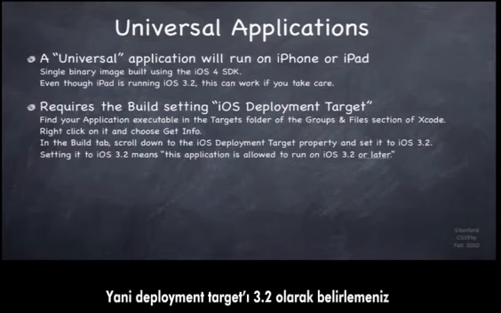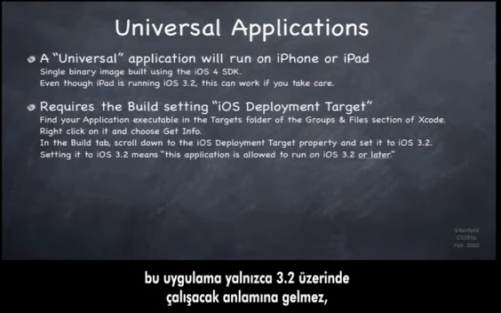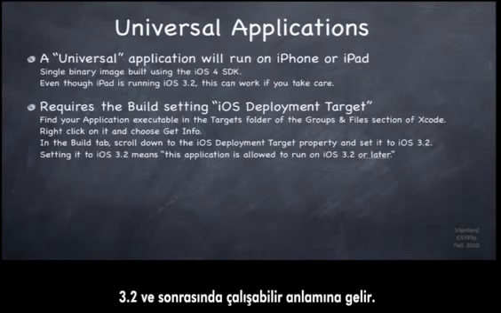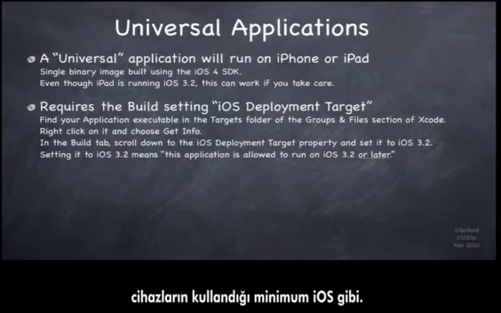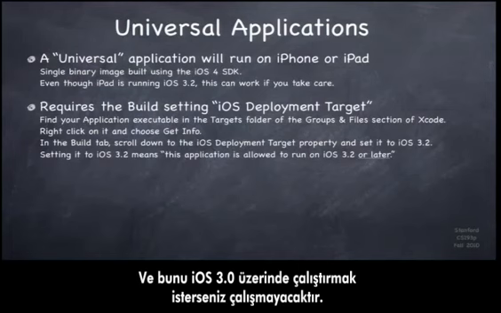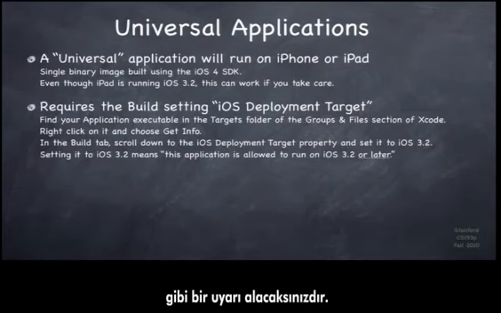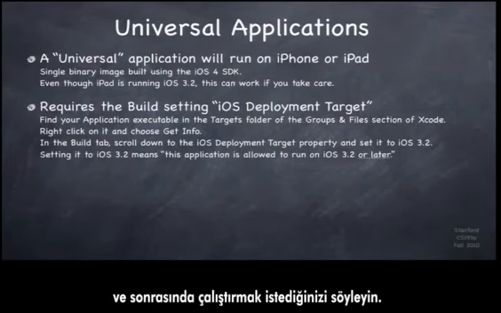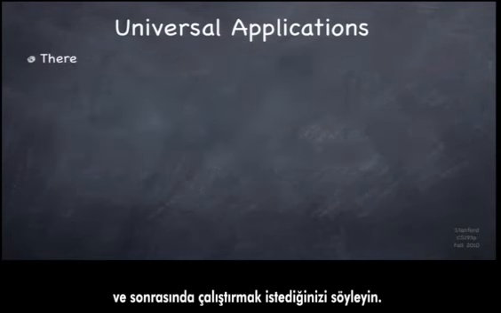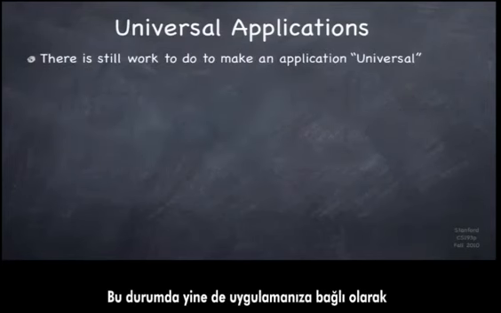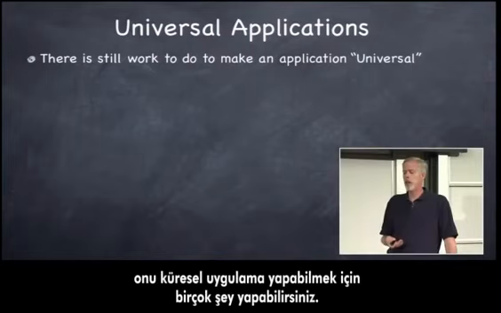So setting your deployment target to 3.2 doesn't mean it's only going to run on 3.2. It means it'll run on 3.2 or later. It's like the minimum iOS on the target device that you're willing to accept. And if you tried to run this on iOS 3.0, it would just not run. It'd probably put up an error panel saying this application does not support iOS 3.0. All right. So now you have told Xcode that you want to build a target that will run on 3.2 or later. But you still have a lot of work to do here, depending on your application,